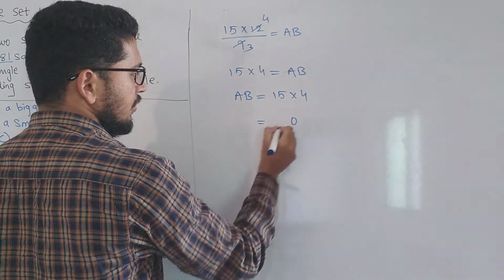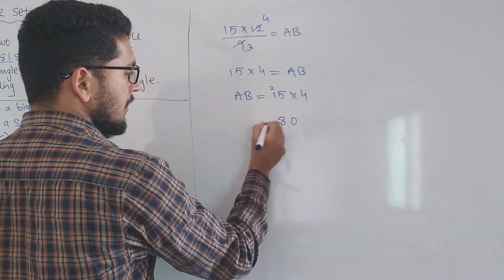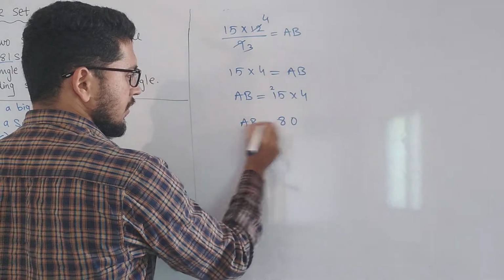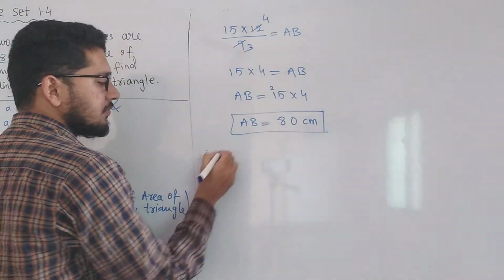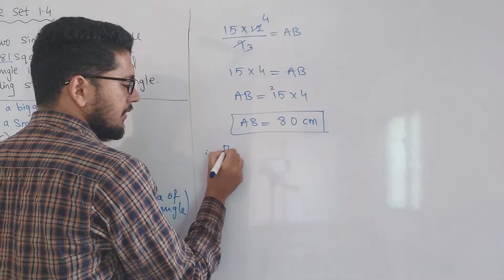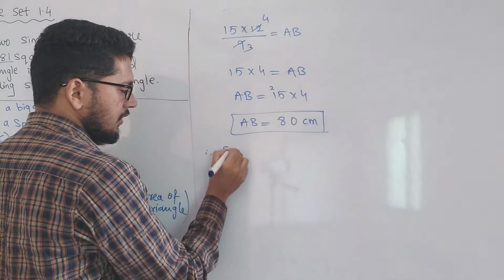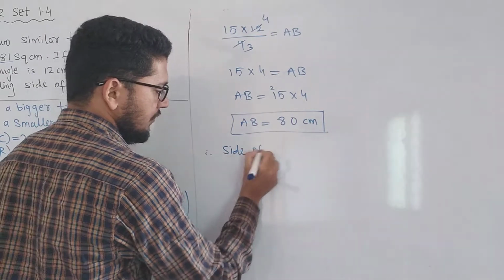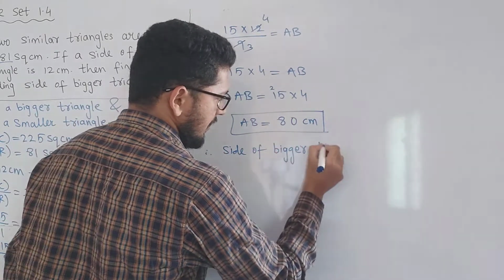4 5s are 20, 0 carry 2, 4 1s are 4 plus 2 is 8. So AB will be 80 centimeter. So AB is the greatest side. Okay, therefore the side of bigger triangle,